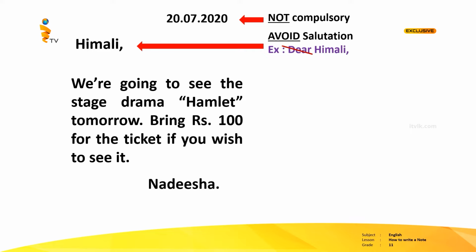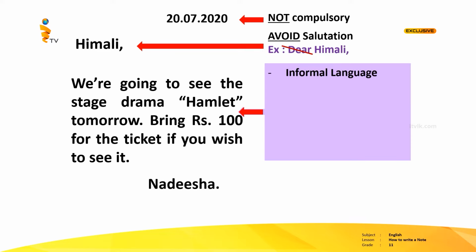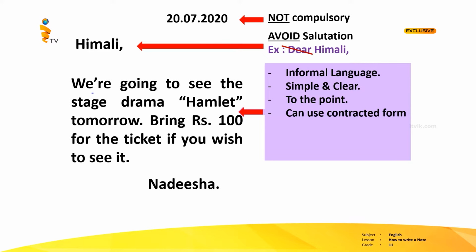And when you write the body of the note, you need to use informal language, that means in a very friendly manner, and write it in a very simple, clear way. Write to the point only. Don't write hi, how are you as you write in a letter. You can use contracted forms. For example, here instead of writing we are going to see,